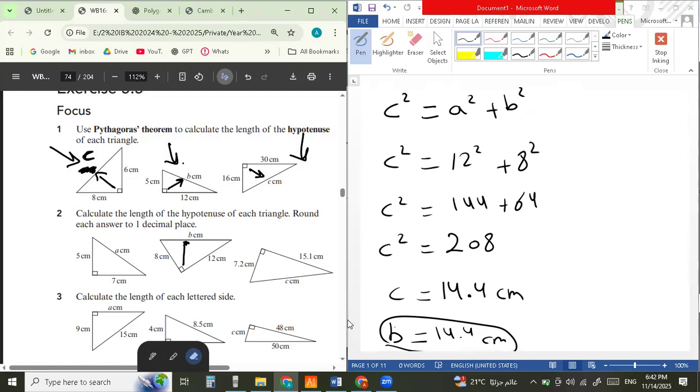This B that they want is not the B that you have in your formula. Here, it's not this one. Okay,